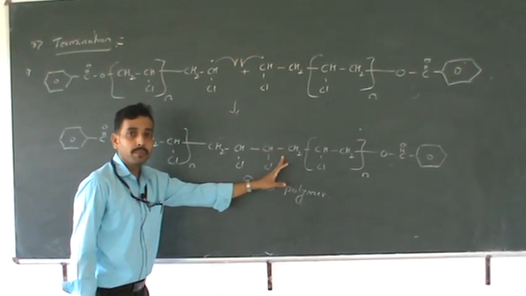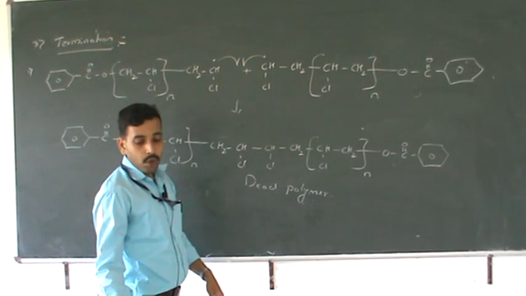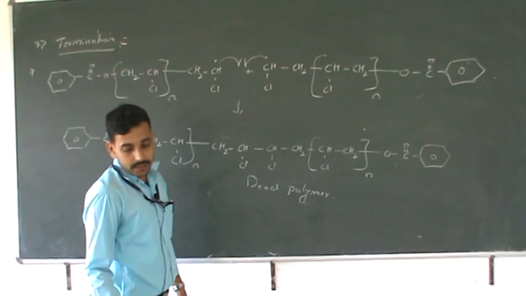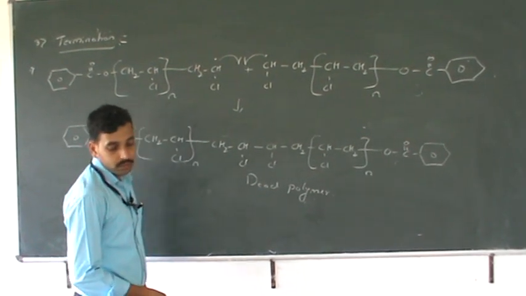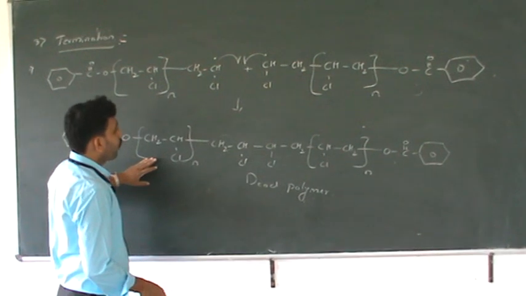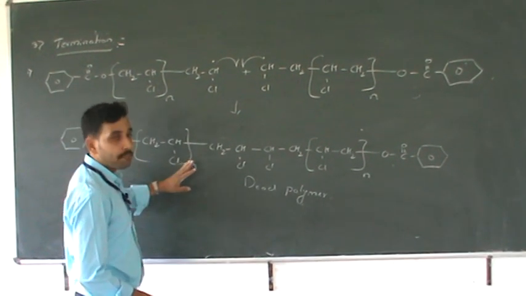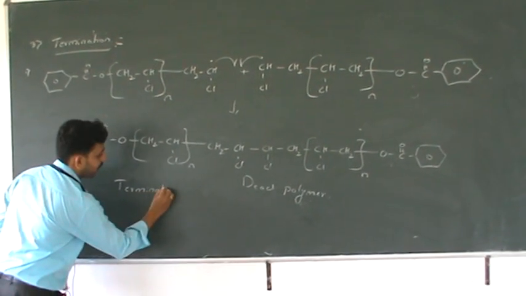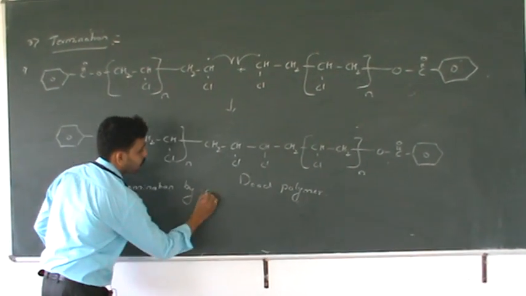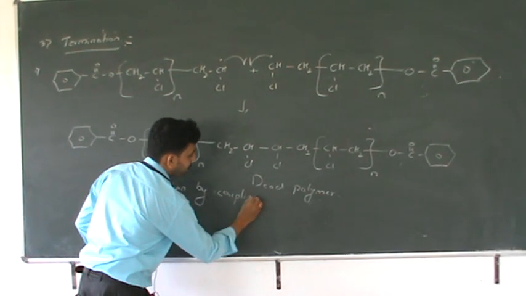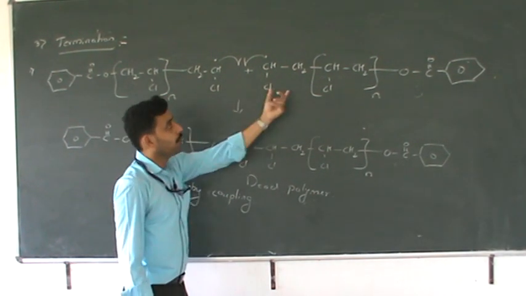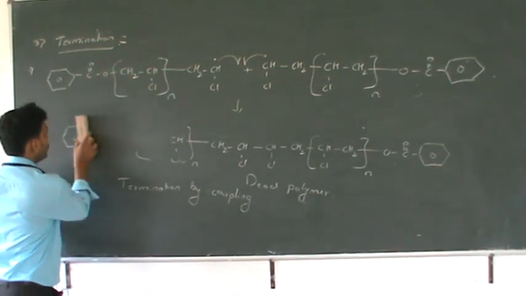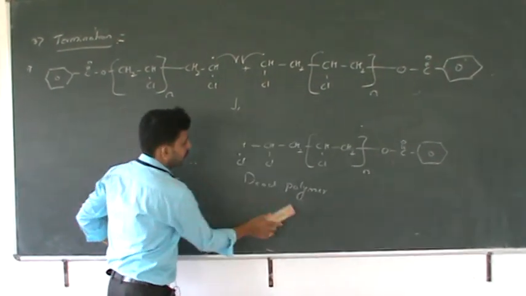2 growing polymer chains. So this type of polymerization reaction is termination by coupling. Also called termination by coupling, meaning coupling of 2 growing polymer chains. And the second termination step is